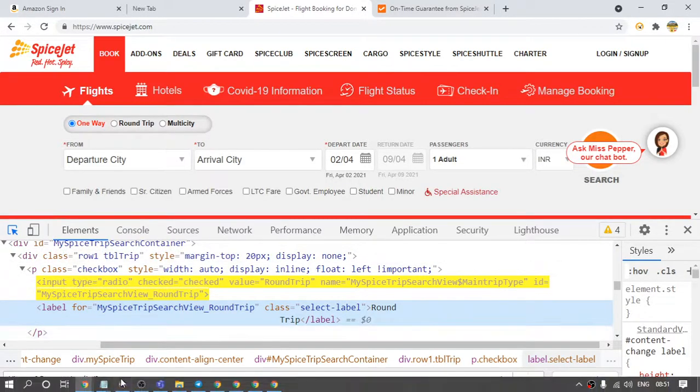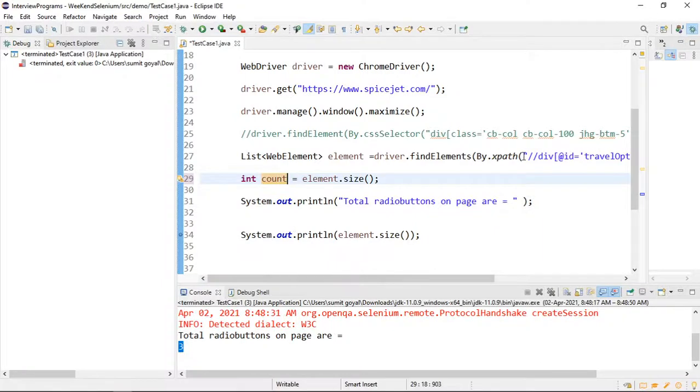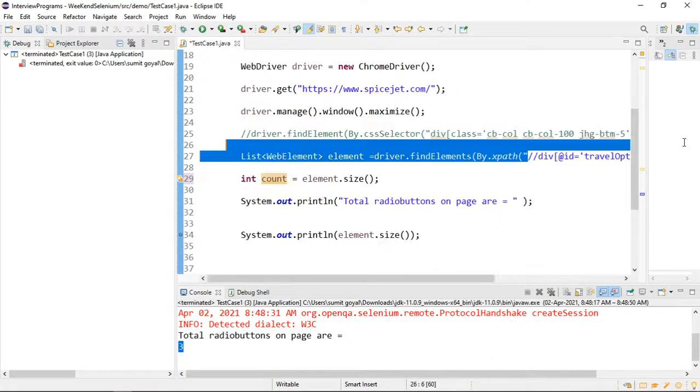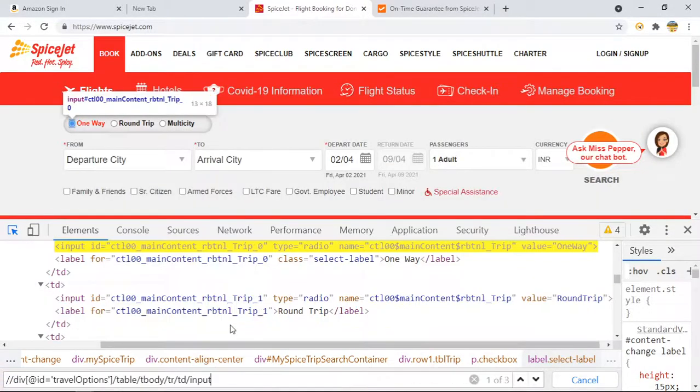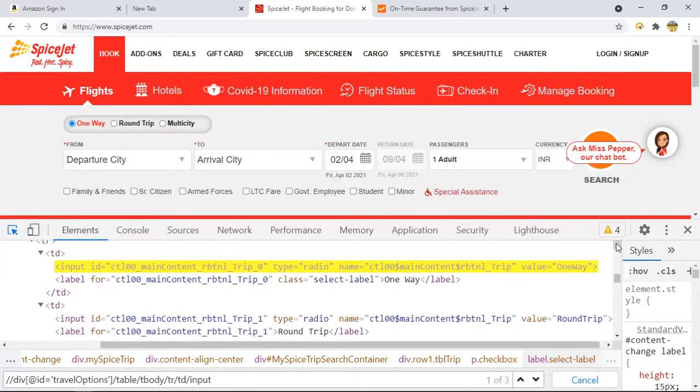Let me first copy this same XPath which we have written. I want to get the name this time, not the count. So if I say Control F, Control V, this is the one. Now if you see, where is the text present? See here clearly the text is present, not here on this yellow line.